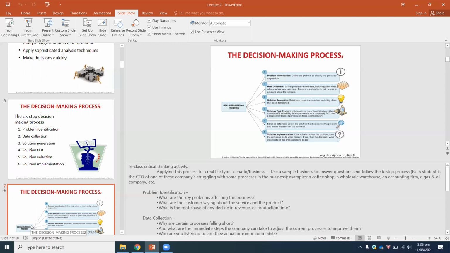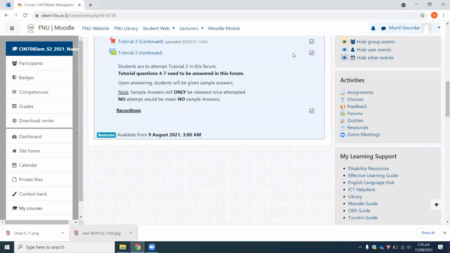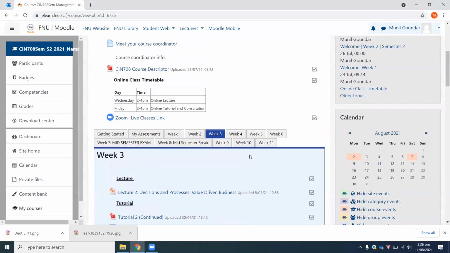If you repeatedly do this for five days, and I'm not saying use Saturday and Sunday, as Saturdays and Sundays are relaxation times, so take out Saturday and Sunday, but Monday to Friday, if you're able to do this, apart from doing assessments for at least one of the courses that you're doing, you'll do well. And it really works. I've done this from my own experience. It generally helps. So do try and give it an attempt and see how it goes. Apart from that, this is all for CIN 708 for week 3.